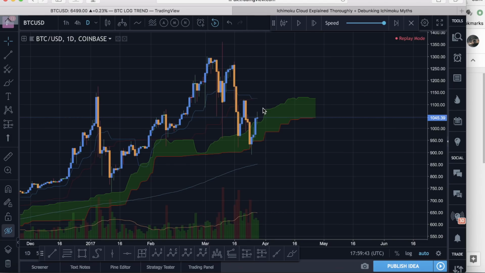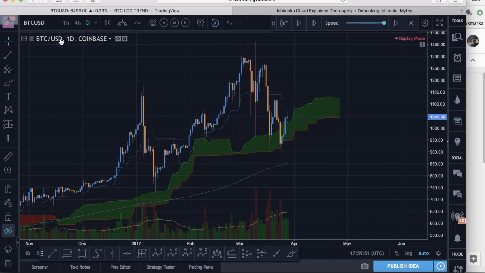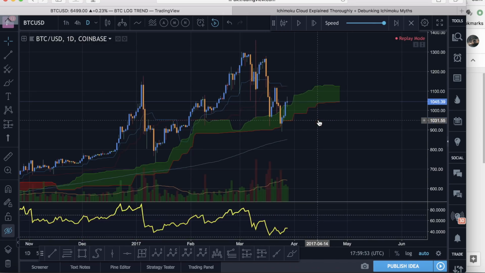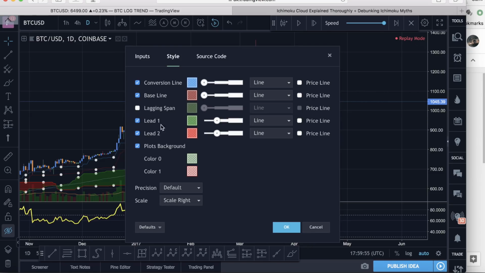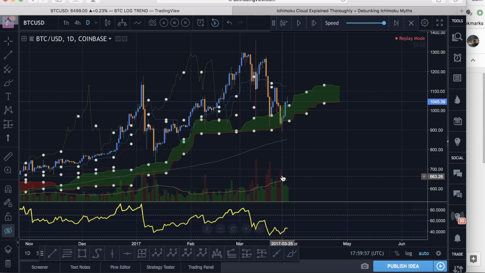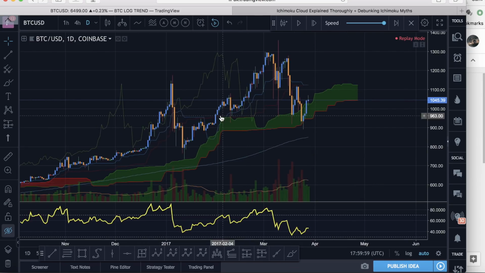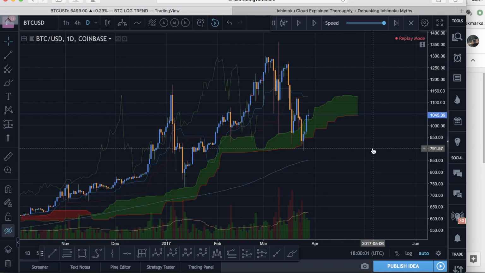Guys, today we're going to be looking at the Ichimoku Cloud, and it's honestly one of the hardest indicators to learn at the beginning. You look at something like this, and I'm not even showing you the full indicator. Let me actually bring up what it looks like. Normally, you look at something like this and it's just like, what the hell am I looking at? None of it really makes sense at the beginning, but guys, when you do learn to use it, I can